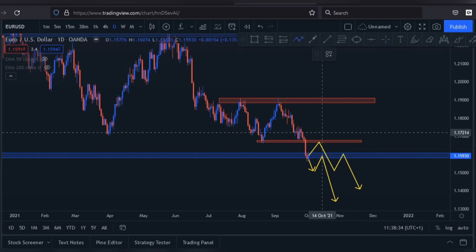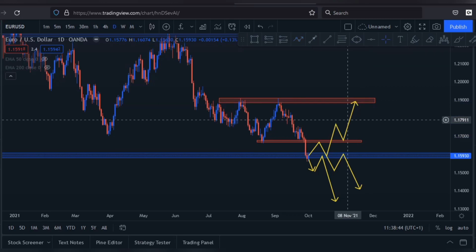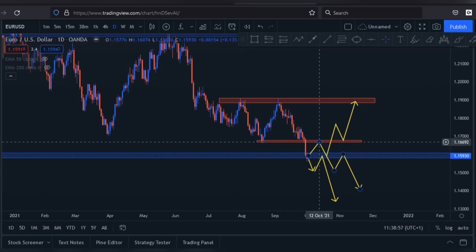Okay, that's one possibility. Or price could get to this area, bounce back, and move to the top and just continue its up move. So we can see that this area here, that the price is at currently, is a very, very key area for us. The 1.16 area is very key, and we'll be looking to see how price reacts to this area in the